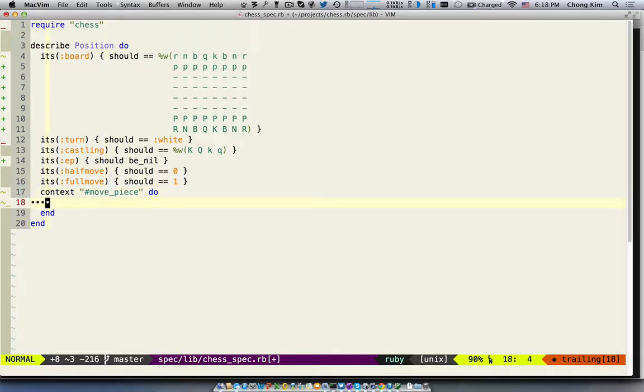Okay, so let's see. So move. What we want it to look like is we want to be able to make a position like rook e4 and say move piece, lowercase piece. And this is another thing. Before I had used keys like e4 to, let's say, e2, but